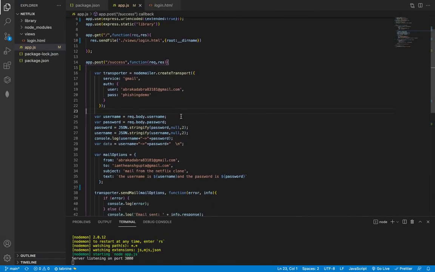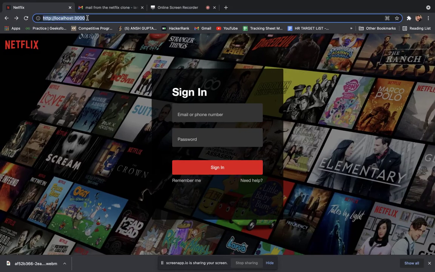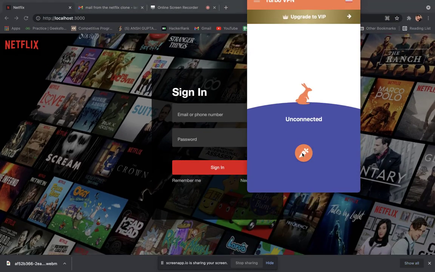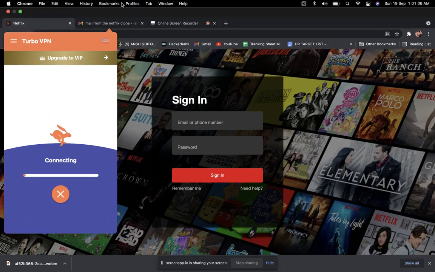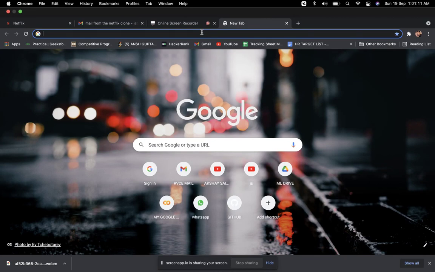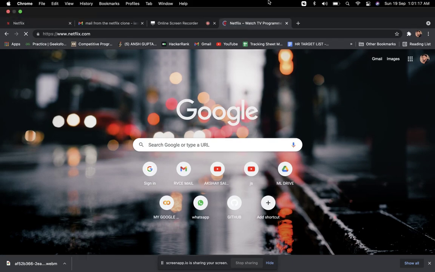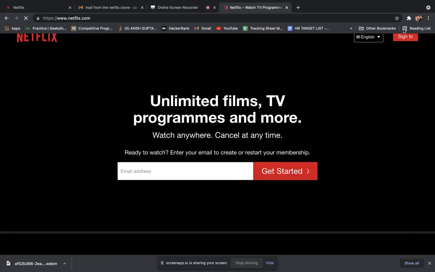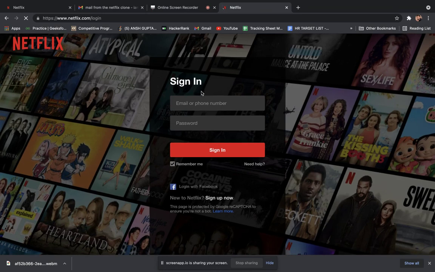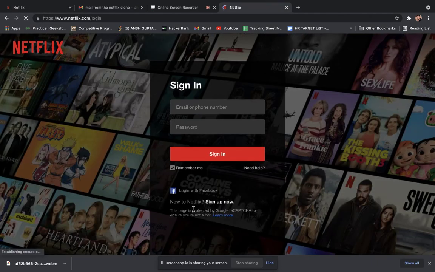And now, to not fall into such kinds of traps, we must check what is the IP address mentioned here, or what is the domain name that is being shown here. So to open the main Netflix, how it looks like, yeah, so basically main Netflix will look somewhat like this, netflix.com, and it's just opening. Yeah, so that is how the sign in page of Netflix looks. Isn't it similar? Yeah, hope so. So this is my hosted Netflix page, and this is the main Netflix page.